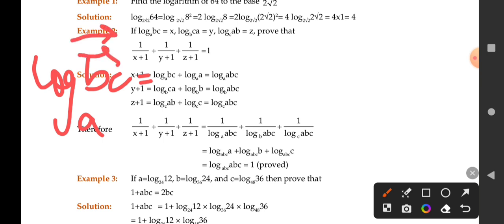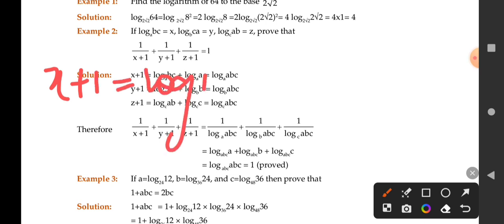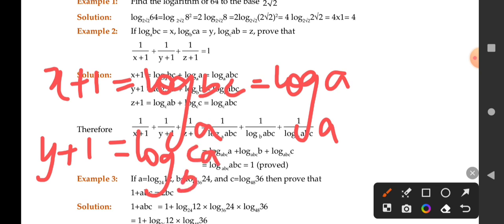And we are asked 1 divided by 1 plus x. So x plus 1 is equal to log of BC to the base A, and 1 can also be written as log of A to the same base. Similarly, y plus 1 is equal to log of CA to the base B,